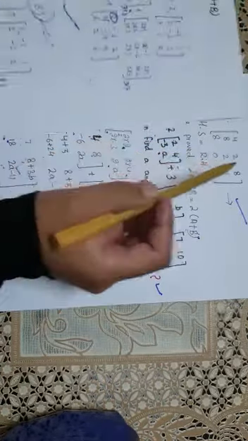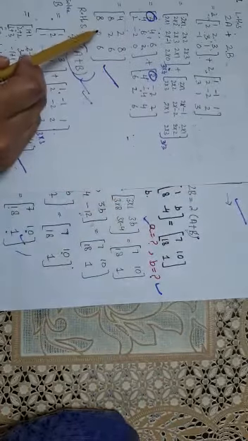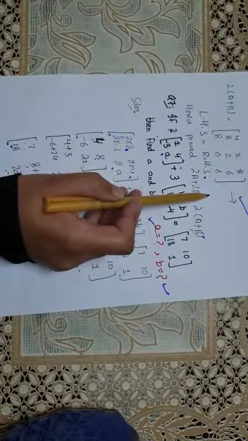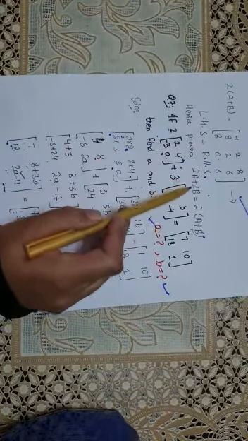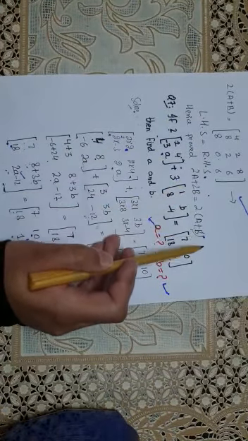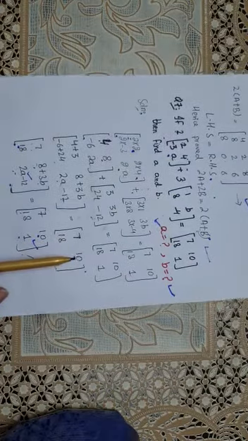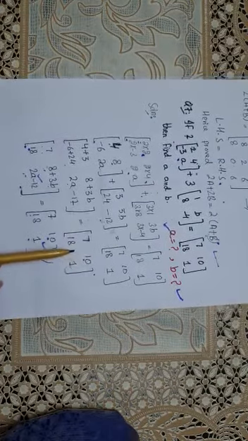Here we see that the answer of the left hand side and the right hand side are equal. So the left hand side is equal to the right hand side, hence proved: 2a plus 2b is equal to 2 bracket a plus b. This is the simplification of 2a plus 2b is equal to 2 bracket a plus b.